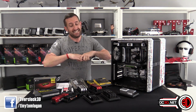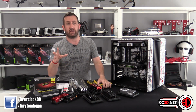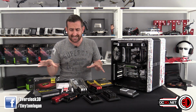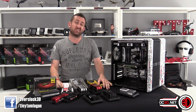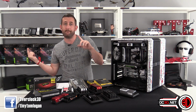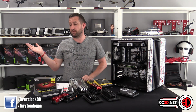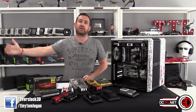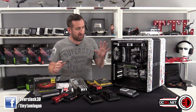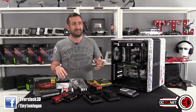Now, from the second I got my CPUs, we did initially have some memory issues. It's a BIOS problem, but I'm not being funny, this stuff came out months ago now, so there's no excuse for it. With some of the other brands, I've seen their memory compatibility come on in absolute leaps and bounds. So for what I would call a high-end MSI board to still be having problems, and to be honest with you,